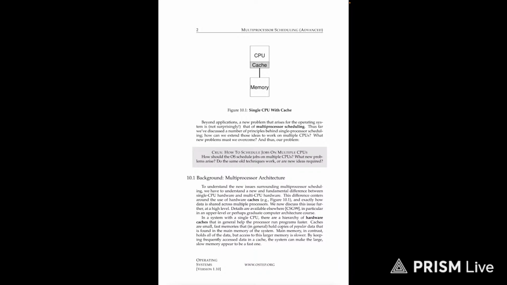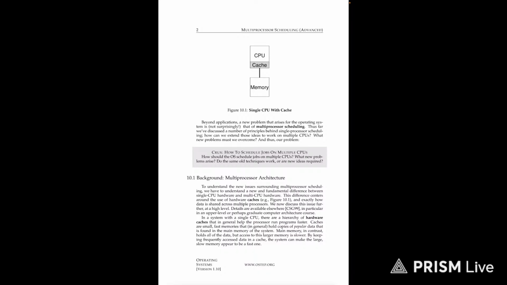For multiprocessor scheduling, what we have been given here is that whatever we did in the single processor, we now want to do in a multiprocessor. What kind of scheduling should we do in that case? The single scheduler was for that single processor, but if we have multiple cores, what kind of multiple scheduling algorithm or things should we do?